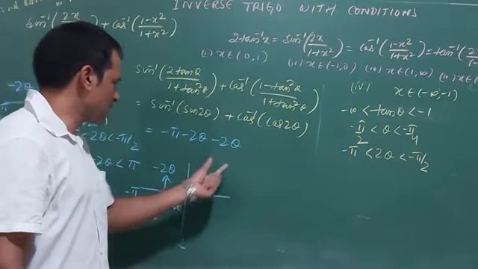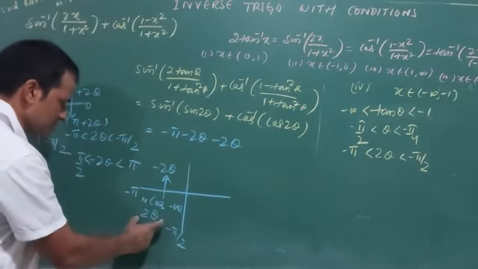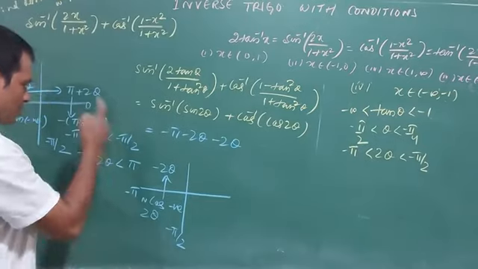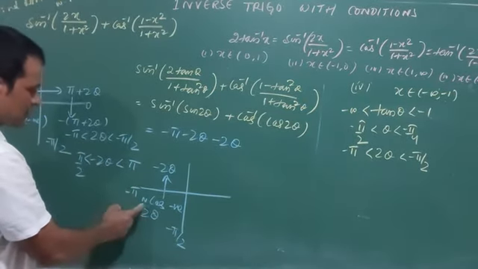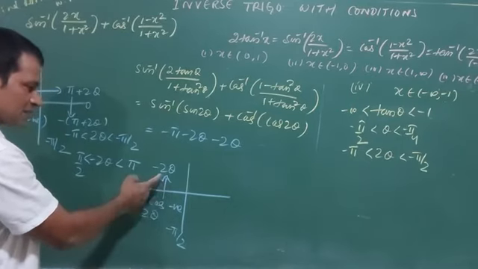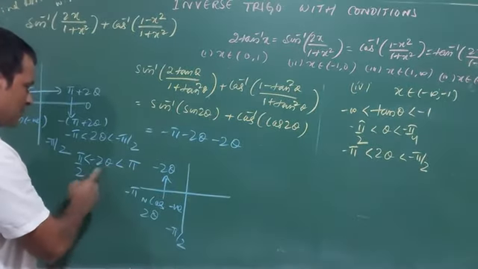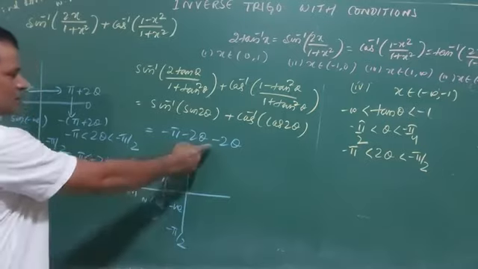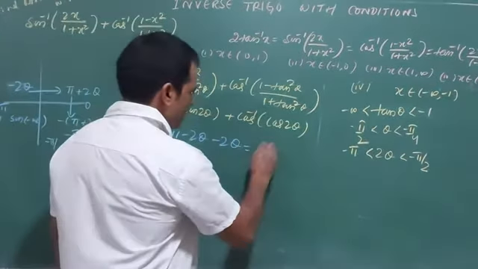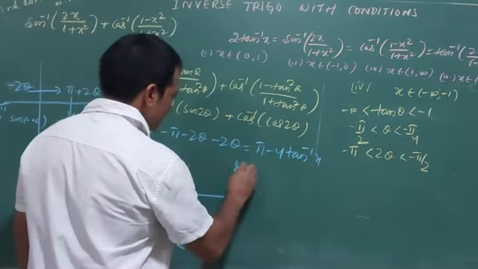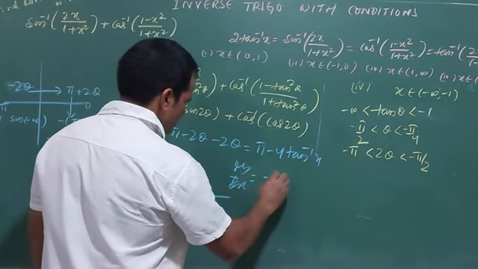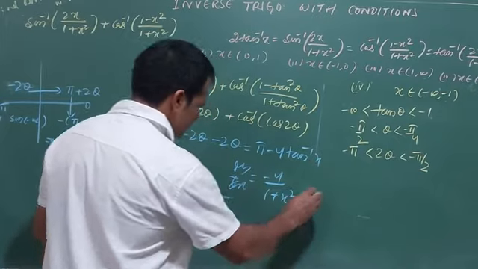Instead of this 2 theta, what I got? Again, once more I am telling: normal cos is negative here. Original value of 2 theta is minus pi by 2 to minus pi. As it is negative, I have to transfer my value to here. So when I multiply by minus sign, automatically it is going there. That's the value I will get. y is minus 4 tan inverse x, so dy by dx is equal to minus 4 by 1 plus x square.